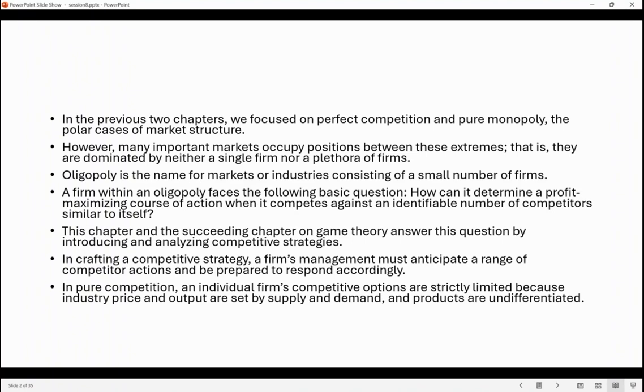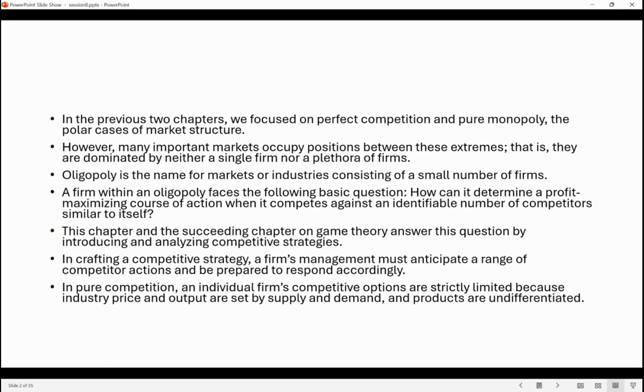So today we are going to review oligopoly and we are going to see how oligopoly is different from monopoly and perfect competition, how the manager of a firm in an oligopoly market would decide about quantity and price that maximizes the profit, to what extent the manager has flexibility to determine the price and quantity. And then we are going to see the number of firms, the number of competitors, and their market power for each competitor in such a market.